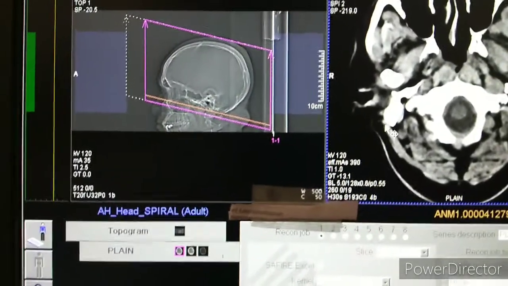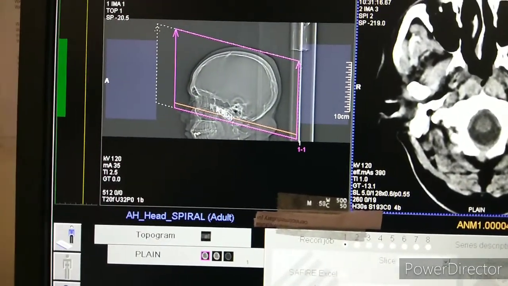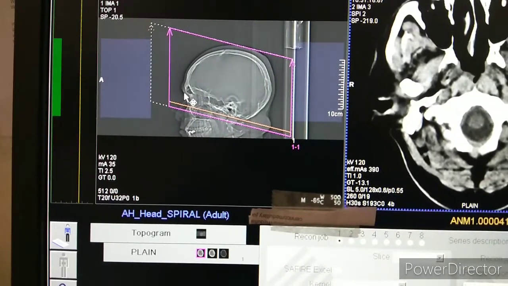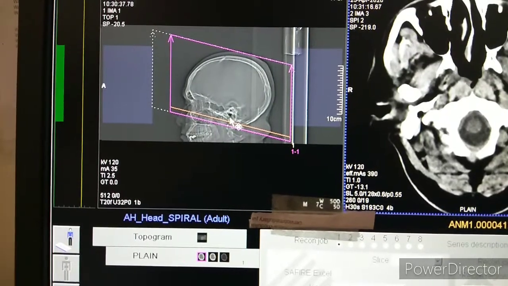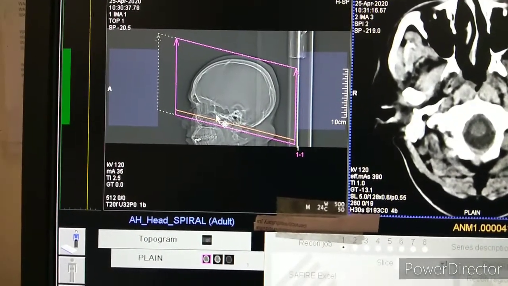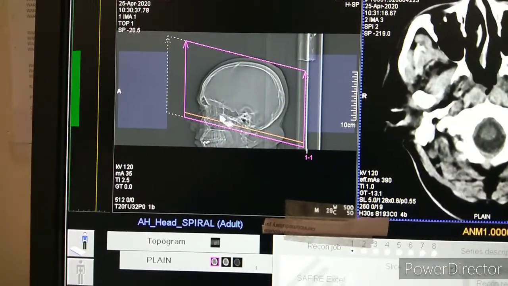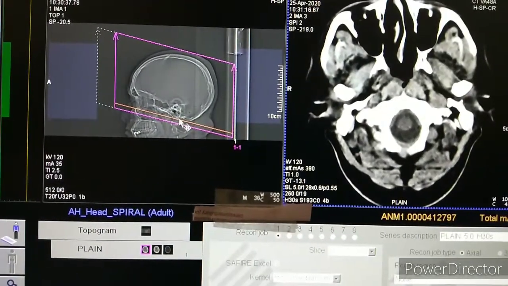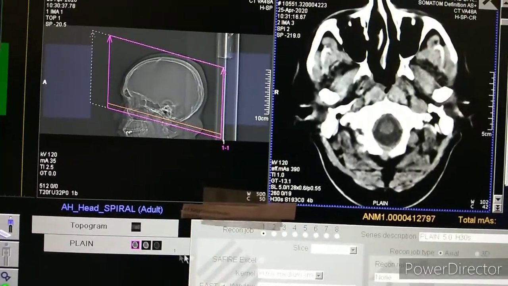You can see the planning here. We are avoiding the orbit here because we want to avoid direct radiation to the orbit. So we have used this reference line. This reference line is called orbitomeatal line. Although this is not exactly planned, we have to use this orbitomeatal line so the radiation is avoided to the orbits. You can see we have first taken